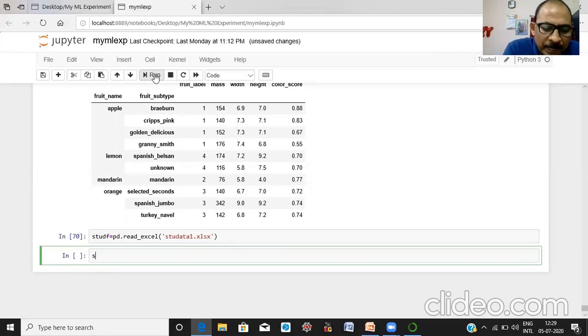Now, how will we identify? First we identify the columns having a single value.